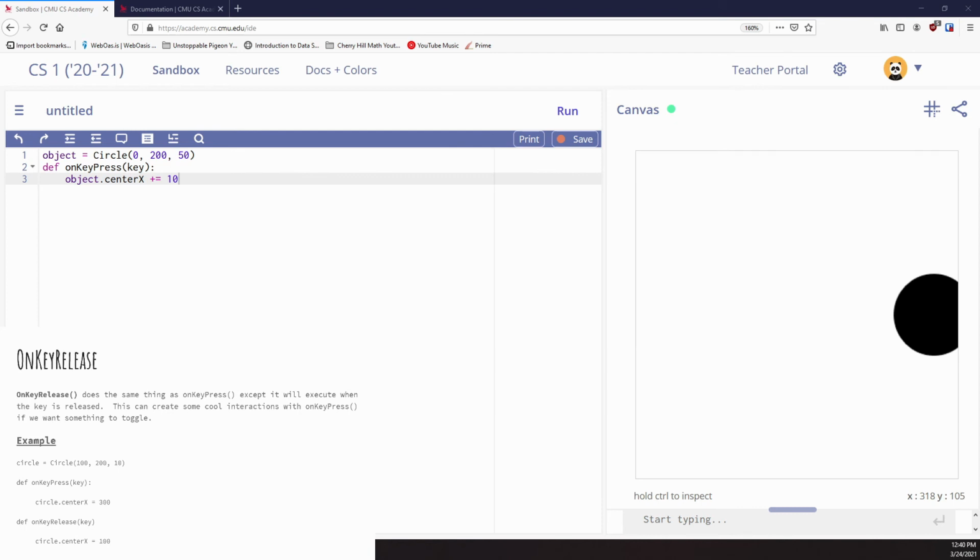onKeyRelease, I'm not even going to do an example. It's literally the exact same thing as keypress, except it's not going to happen when I press the key down. It's going to happen when I press the key back up. So let's do a quick example. I'll see if I can expand this one. So I'm going to say def